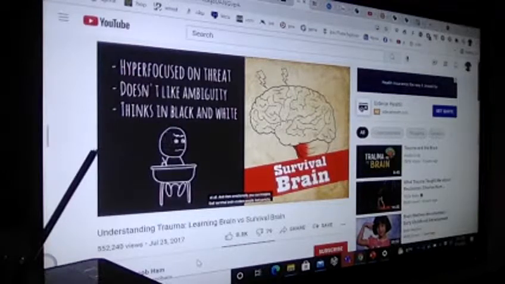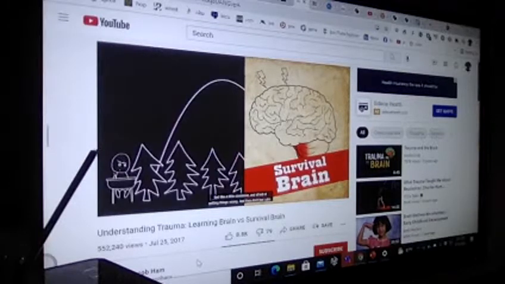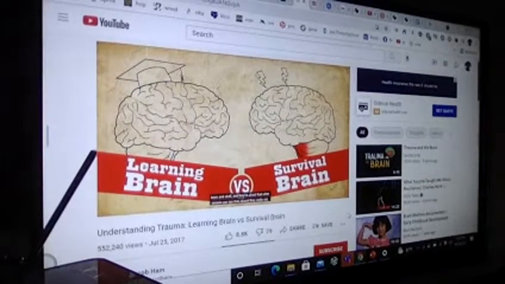And then emotionally, you can imagine that survival brain makes people feel panicky, a little obsessive and afraid of getting things wrong. And they don't feel calm and open to learning new things. They just want to get things over with. And people in survival brain also really don't like making mistakes. And they are afraid of looking stupid too. So students in survival brain don't want to be picked on. They don't want to raise their hand and ask questions that look stupid. And so these people are also filled with doubt about their own ability to learn stuff. And they're afraid that other people can see how stupid they really are.